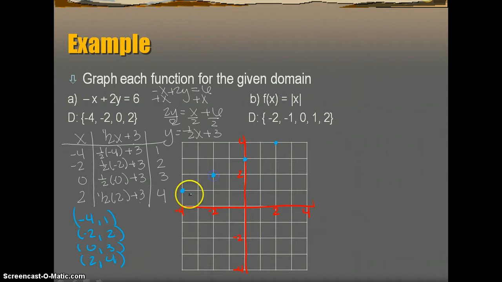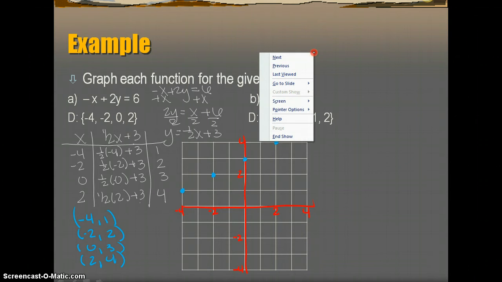And you'll notice that I am not going to connect the dots because it's asking you to graph specifically to this domain. If it told you just to graph the equation, you would still make a t-chart and then connect the dots. But because it's only to the given domain, you do not want to connect the dots. So please leave the points discrete, not continuous. So for the next one,